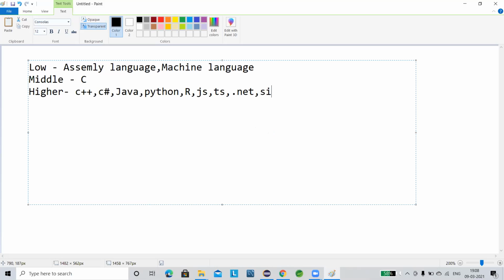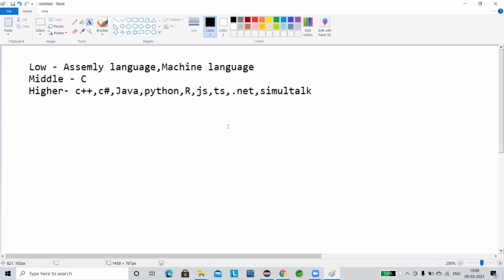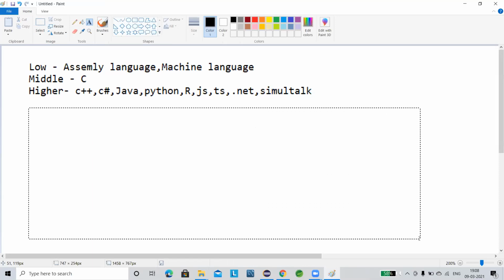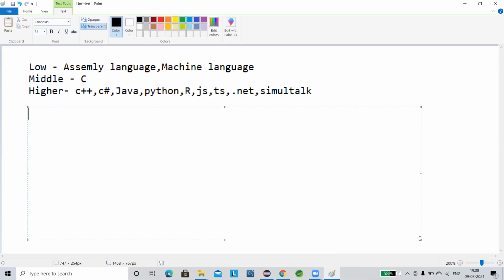And there is also another one called Smalltalk. The first completely, truly object-oriented programming language is Smalltalk. That's all. What I want to say is the interestingness of Python. Suppose I want to print hello world. In Java, you already know, first I have to take a class, then System.out.println. Sorry, before that I need one main method. System.out.println is only valid inside a class.